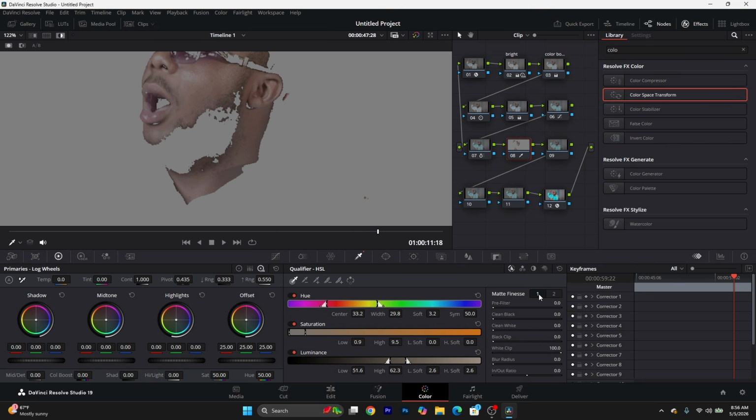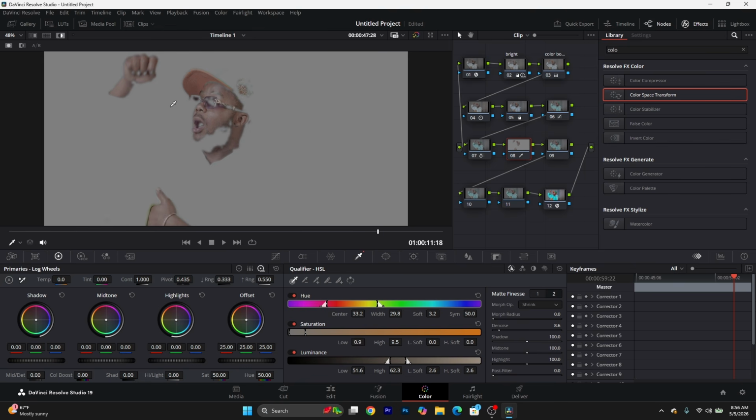For this first one, I have to increase this blur radius. Now you see how it is. This blur radius, and then just come up here on this second one, and then you increase this denoiser. You see, guys, this is now the edge, it is already smoothed. Now just